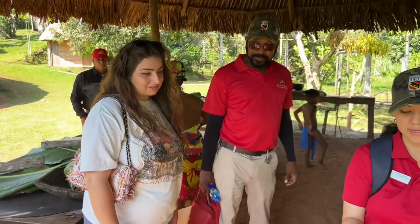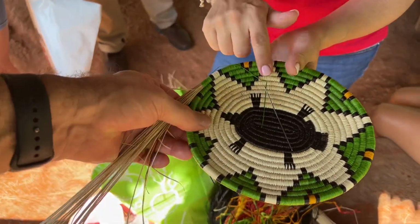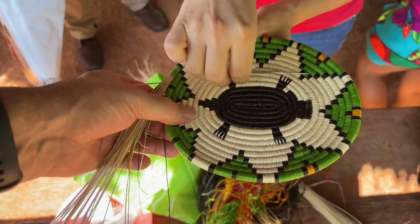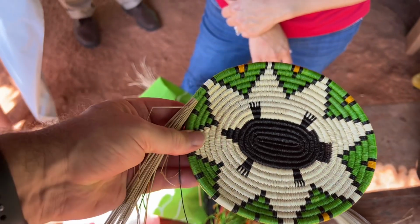So the basket, if you see the basket, then one of these, she puts in a needle, and then she starts to do the design. This is a turtle. And each basket has a different design. And how long does it take to do all this? That could be,